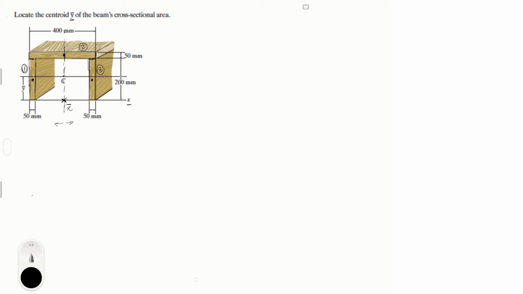So X bar is right at the center, and you know this is 400 millimeters, so X bar is going to be at 0.2 meters, because you know me, I like to convert millimeters to meters. So let me do that right here. 400 millimeters is 0.4 meters. 200 millimeters is 0.2 meters. And 50 millimeters is 0.05 meters. Not 0.5 meters, don't make that mistake. I see a lot of you making that mistake when you ask me questions. So that being said,